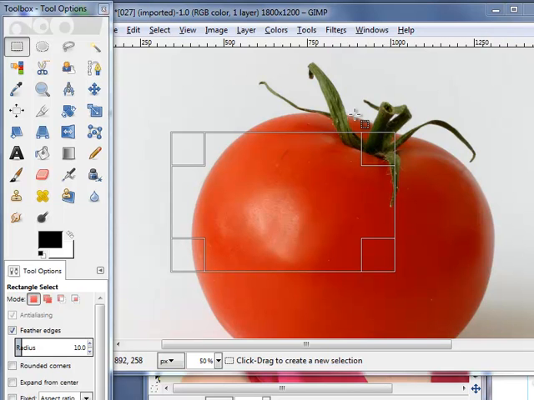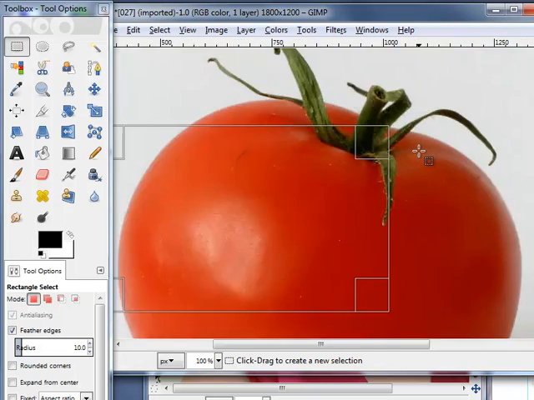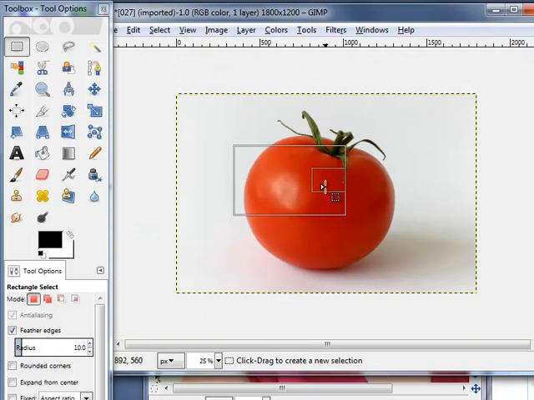In this tutorial I'm going to cover doing selections in the software Gimp. I've set up my Gimp so that I can zoom in and out using my wheel mouse. Yours won't do that, you'll have to use plus and minus on the keyboard, but if you want to do that,